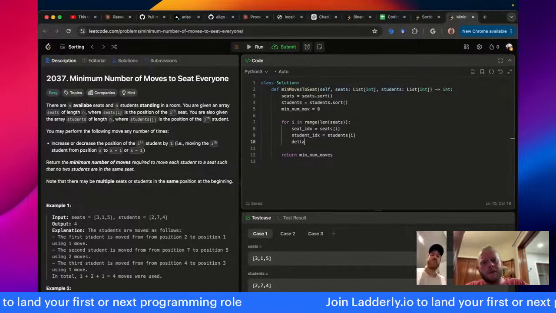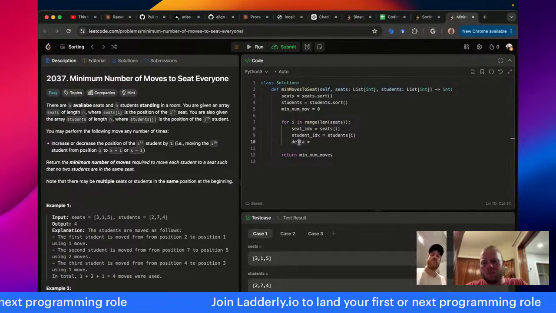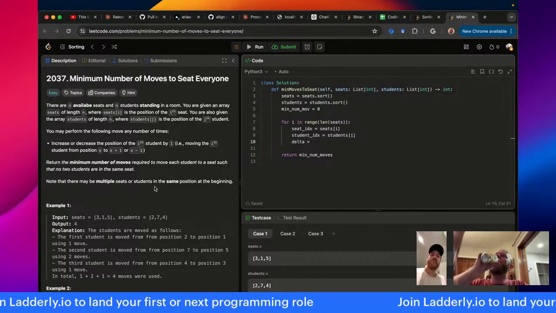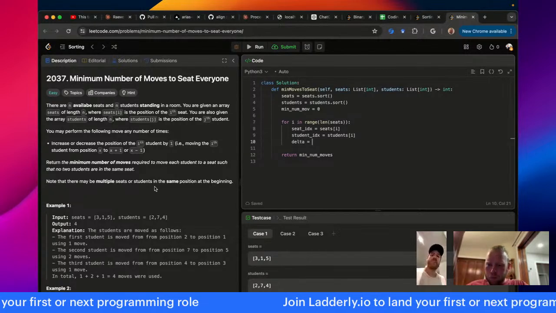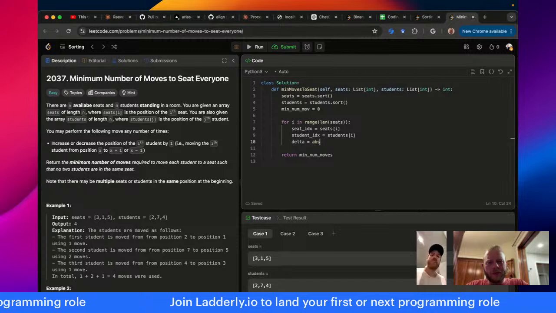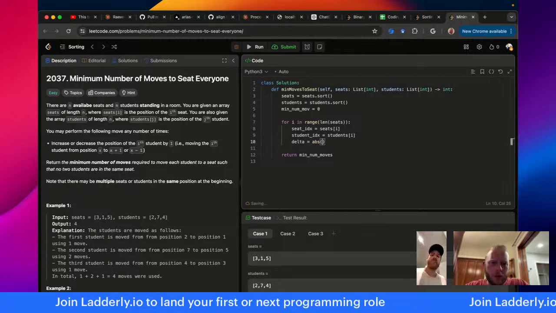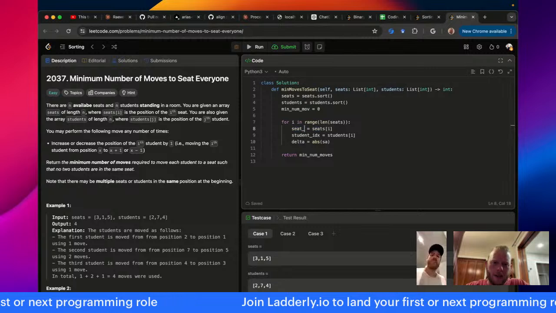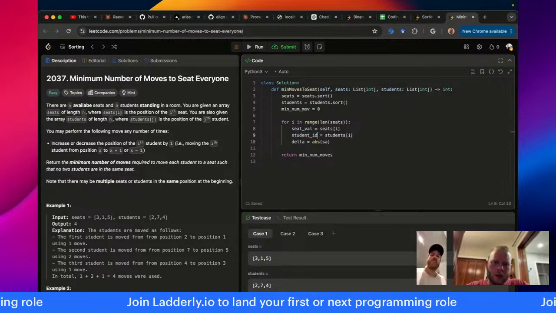And then the delta is, do we just take the absolute value? How do I know who's bigger? Let me see. I think it's going to be the absolute value. It doesn't matter who's bigger. So that's the seat val, not the seat idx, and that's the student. It's just student.